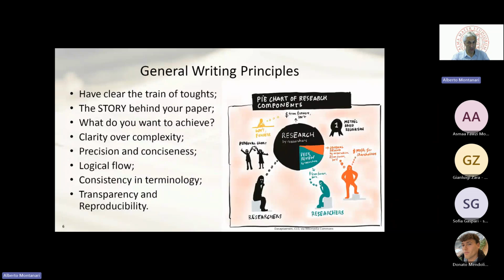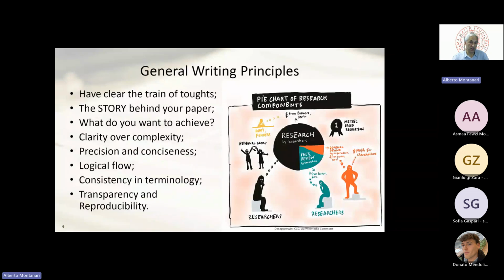This is one of the selection criteria that high-profile journals select. Is this fascinating? Is this attracting the interest of the press? The story includes, of course, what I mentioned so far, what we would like to achieve, and the story must be explained in a clear way, very clear way, with a precise and concise approach, with a rigorous approach, with a logical flow